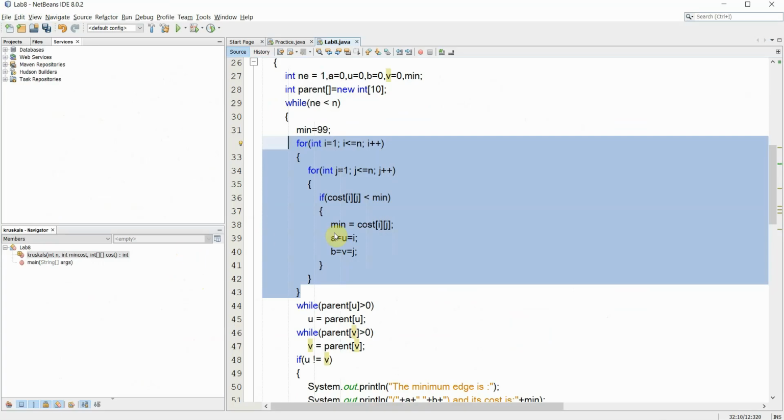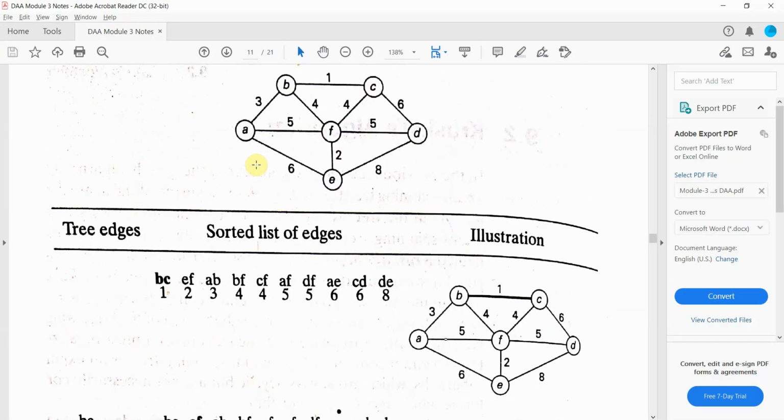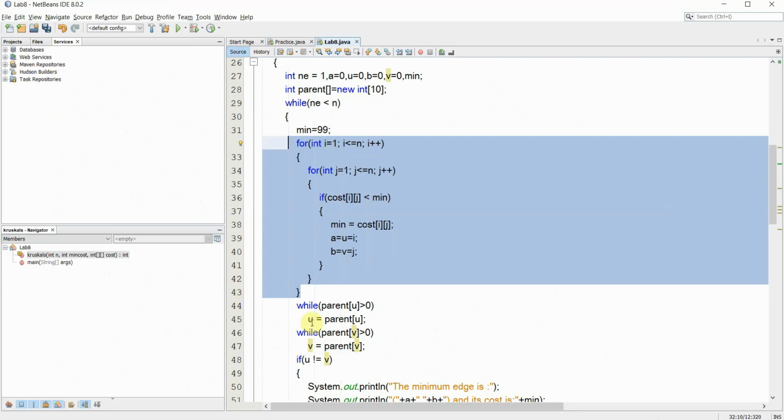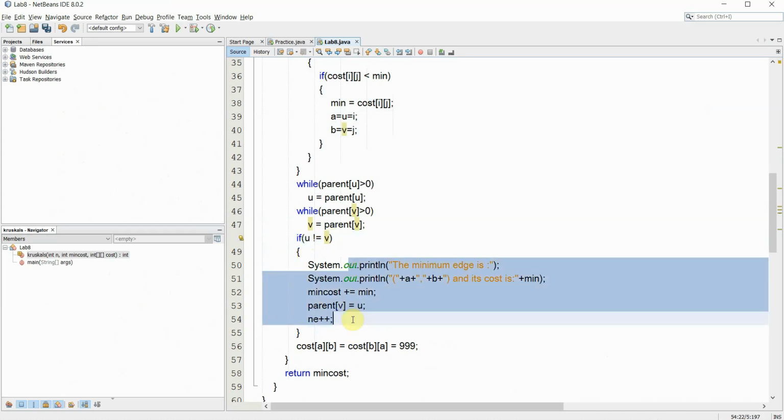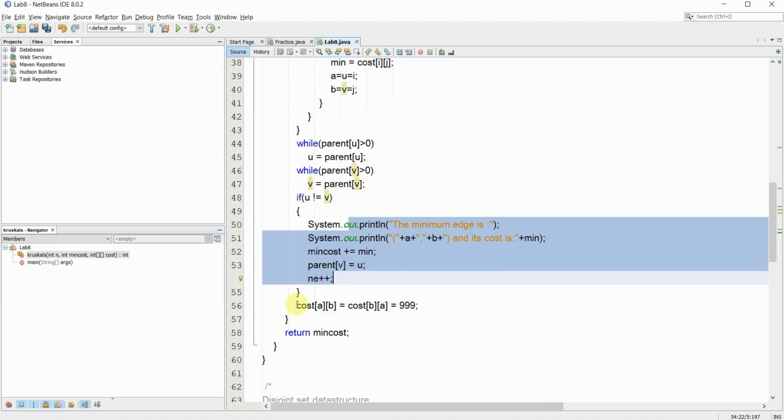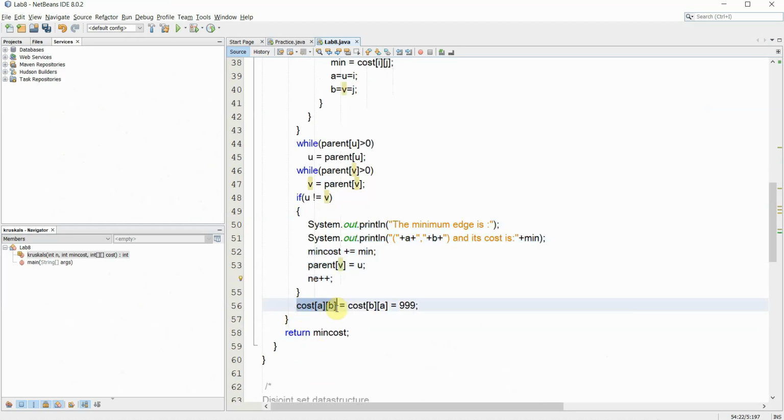Since from a vertex to itself, a to a, b to b, we need to avoid, that is what we can see here. If u is not equal to v, only then we have to consider that edge, otherwise just leave it. Next, make cost of a b and cost of b a to 99.